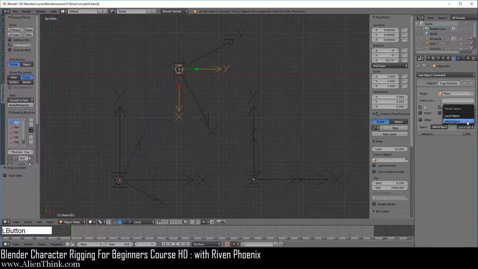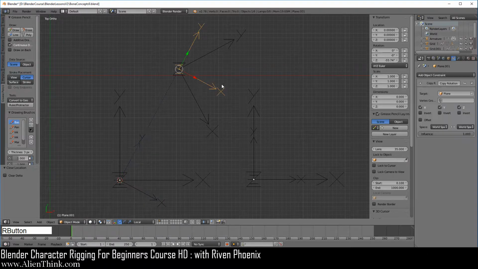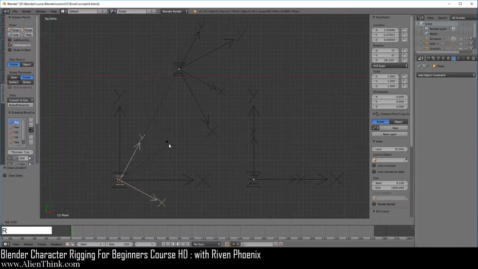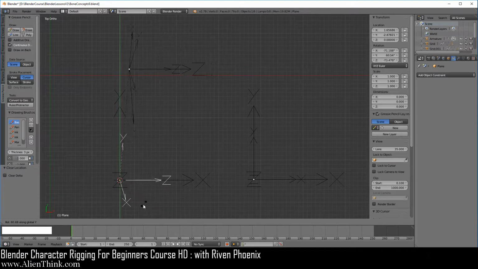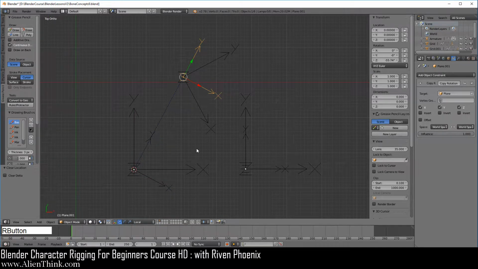Now, of course, if we switch this back to world space over here, right, the question is going to be, okay, if we rotate the parent on the y-axis, how is the child going to rotate? Of course, the child is going to rotate on the same y-axis that is being displayed on the parent, because we are evaluating the child in world space. Now, we're not going to be able to see this very clearly. Press the R key, press the Y key. See, it is rotating, but we can't actually see it. So that's how that idea is going to work.